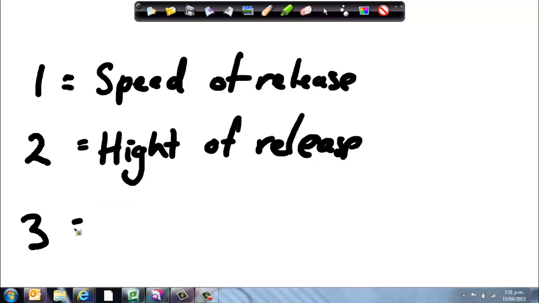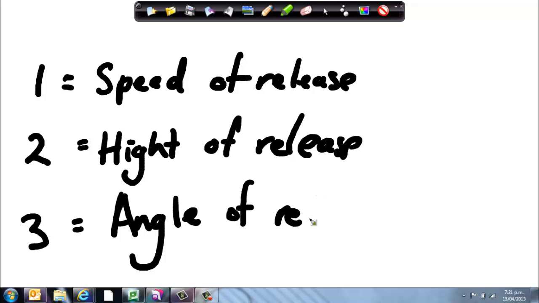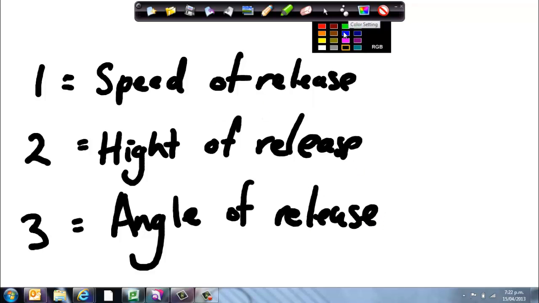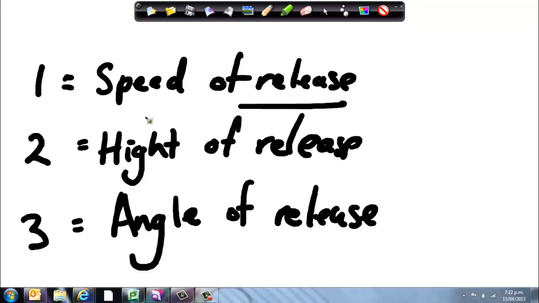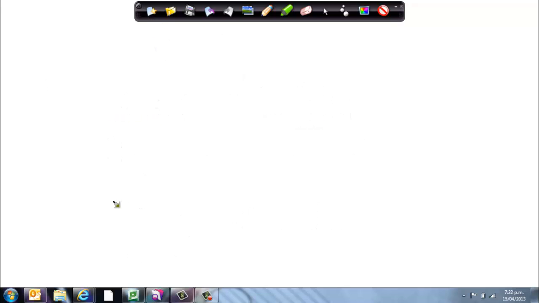And then the third is angle of release. So first, let's have a look at speed of release. If we have the object here, which we're going to throw, if we throw it at